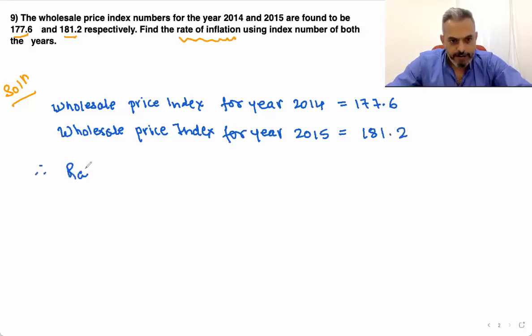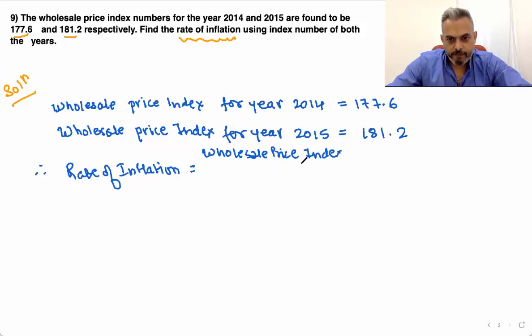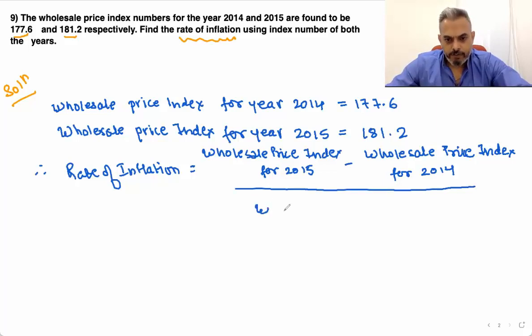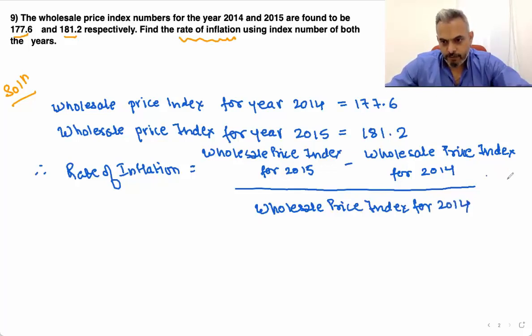Therefore, rate of inflation is equal to wholesale price index for 2015 minus wholesale price index for 2014 upon wholesale price index for 2014 into 100, which is equal to 181.2